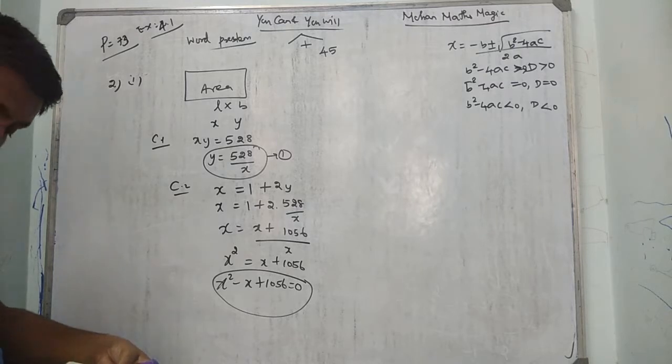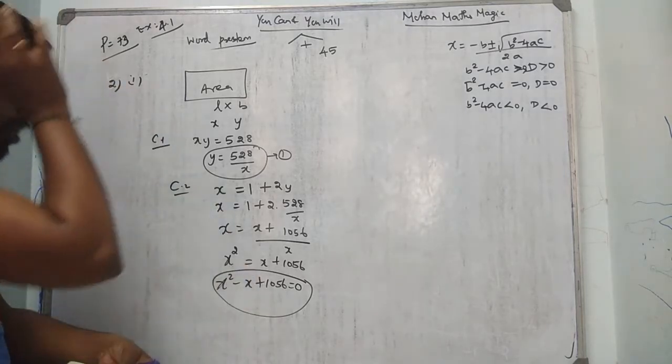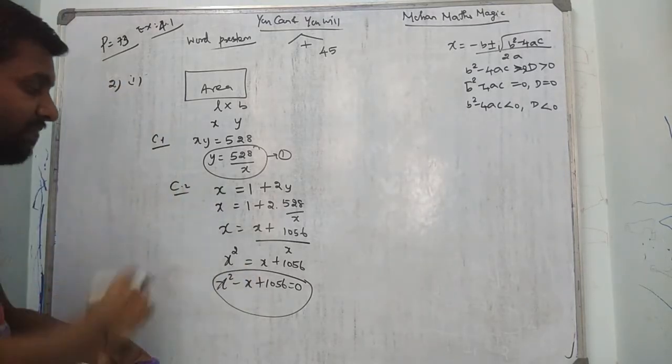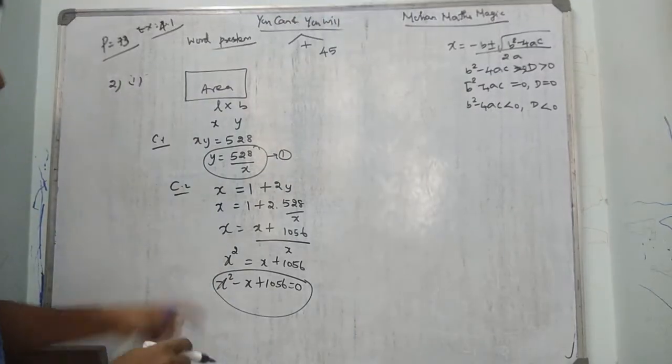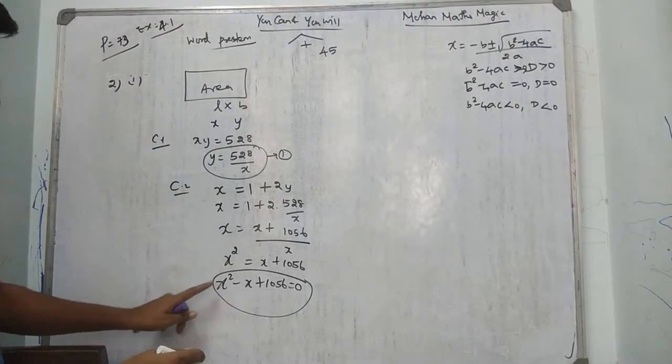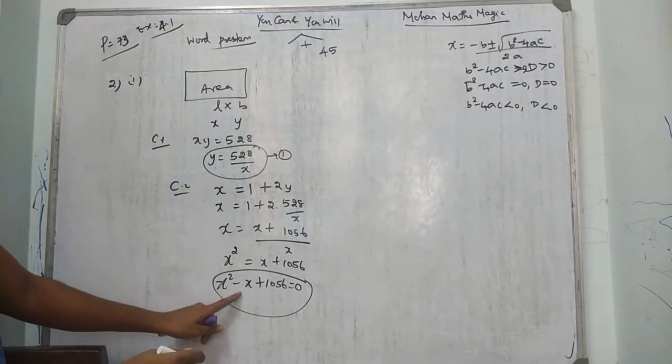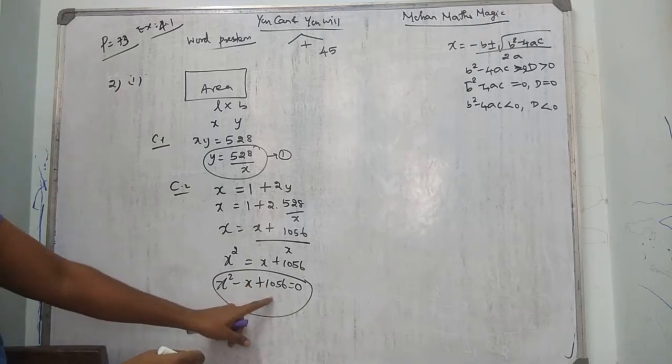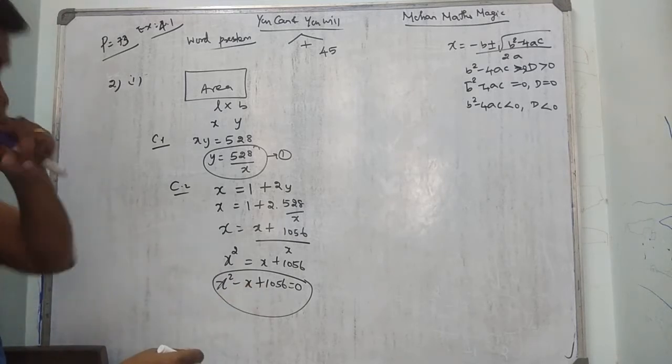Now they asked you to mathematically represent the following situations as equations. They asked you to represent the equations only, so there is no need to find the roots. Suppose they ask you to find the roots, then apply the quadratic formula where a equals 1, that is the x squared coefficient, b equals minus 1, that is the x coefficient, and c equals 1056. Okay, second